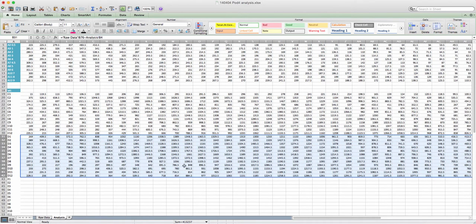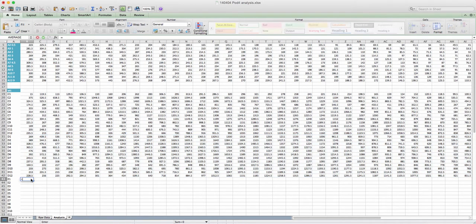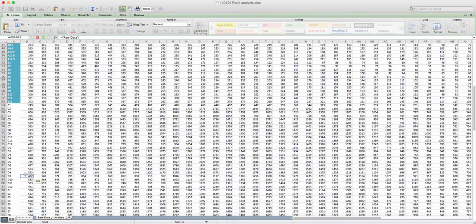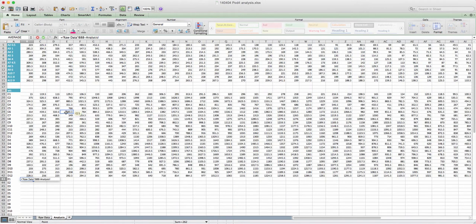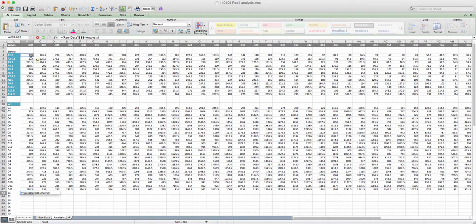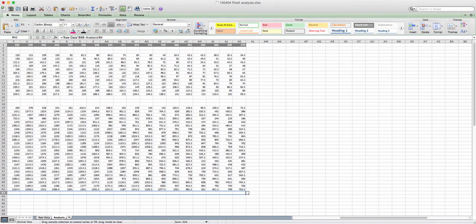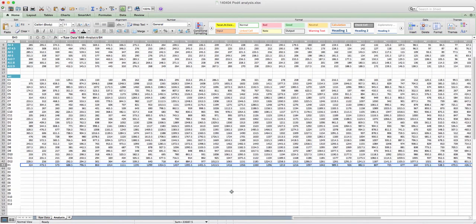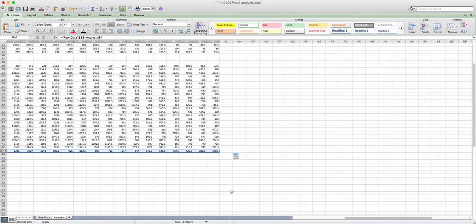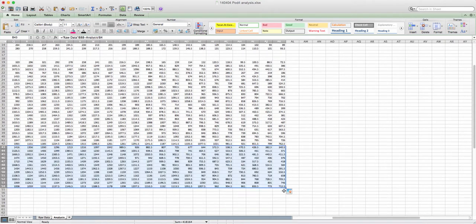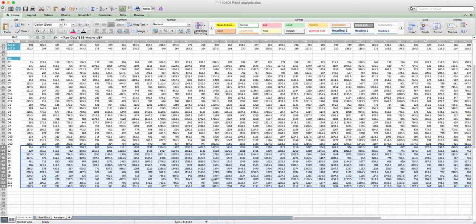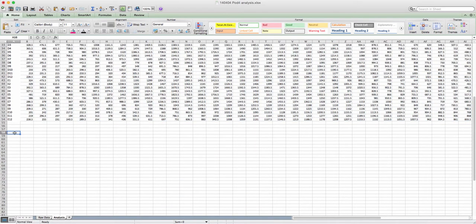There we go. E1. So there's all the wild type data, and I'm going to add the mutant